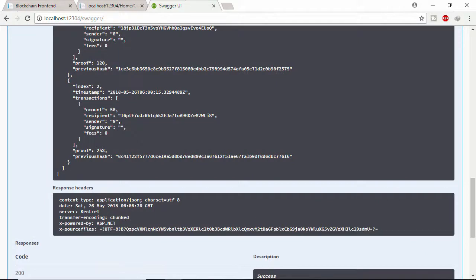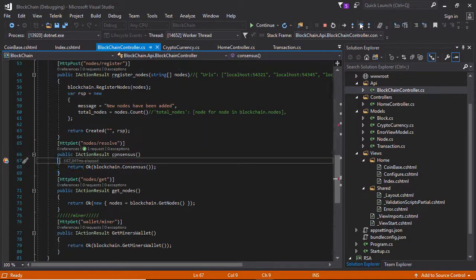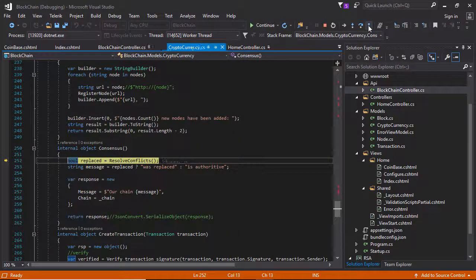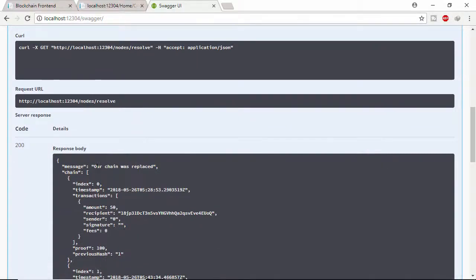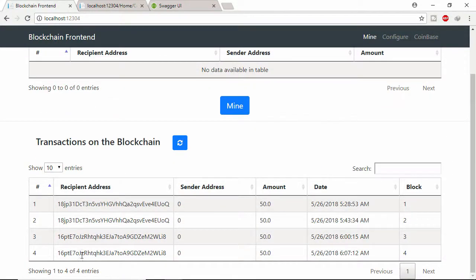How? After running this consensus. Click execute. So this chain replaced, and if I refresh this, you see all blocks same. So this consensus API will be executed all the time before adding a block in a blockchain,